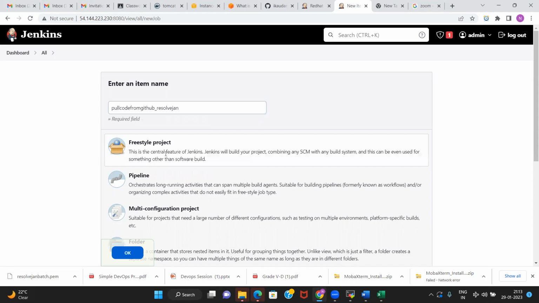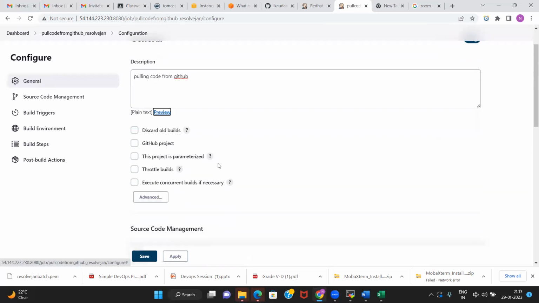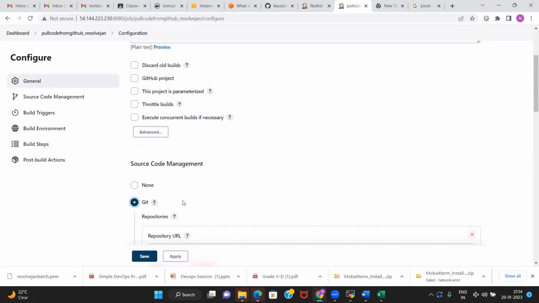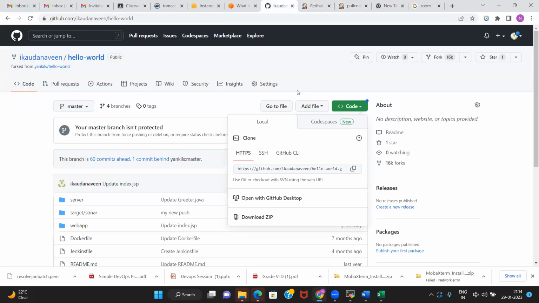Say, and the freestyle project again, and then okay, and then pulling code from GitHub, and then select Git, and the repository URL, the URL that you got from here.